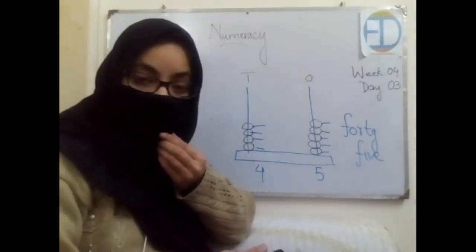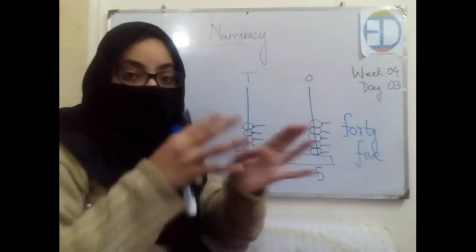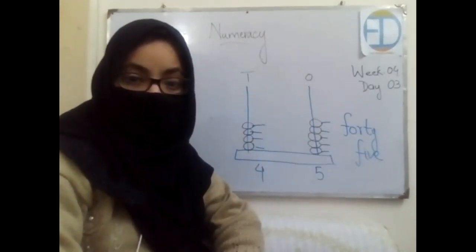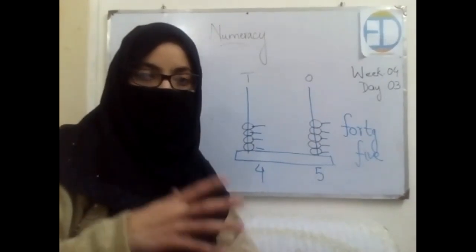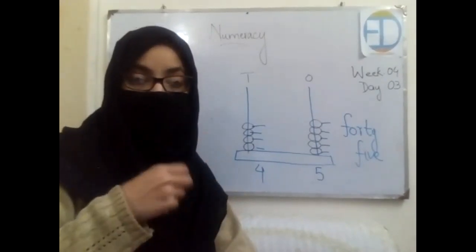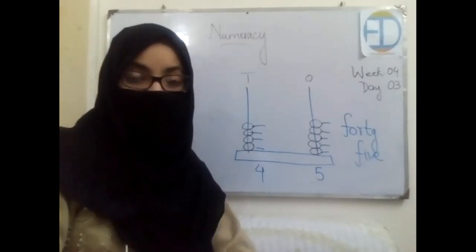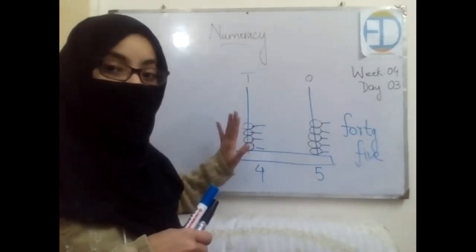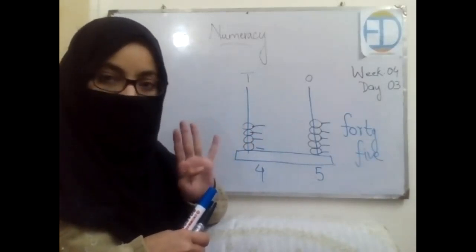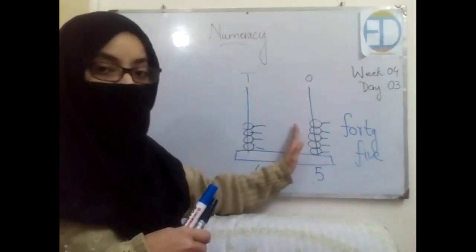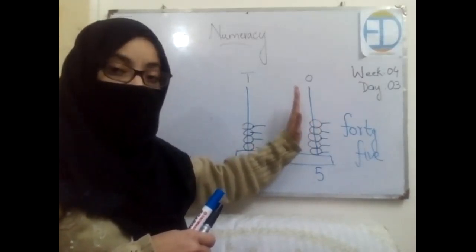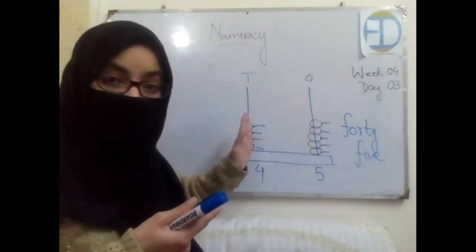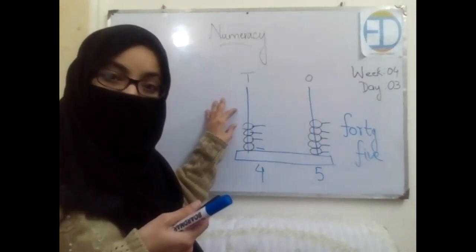Now, in yesterday's class, we practiced writing number names from 40 till 50. Have you revised the lecture at your home? Yes or no? Yes? Okay, good. And I told you that when we are writing number names from 40 till 50, what is common in all of those abacuses is that on the tens side, we will always have only 4 beads, right? And the number of beads will vary from 1 till 9 on the ones side. And when we reach 49 and want to add one more bead, it will be added on this side, and this will turn to 50, right?